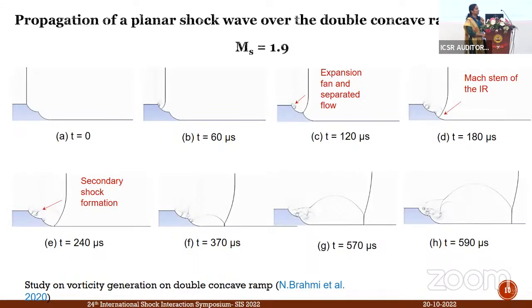I do not recall the exact value, but what happens is there is a sharp expansion corner followed by flow separation regions, which later form some stationary secondary shock waves. So the entire flow region is completely two-dimensional,